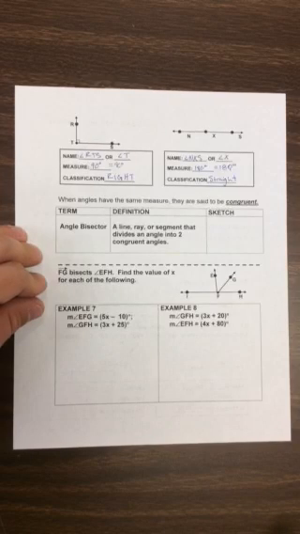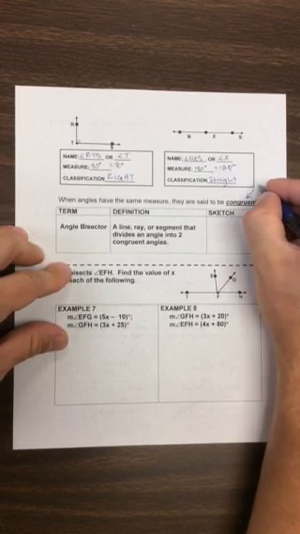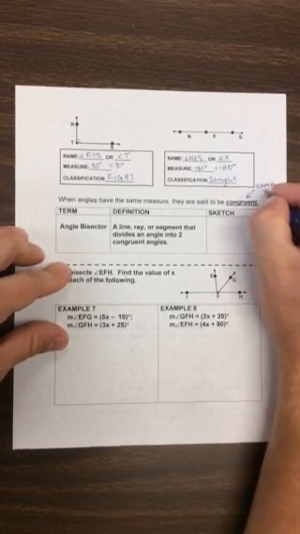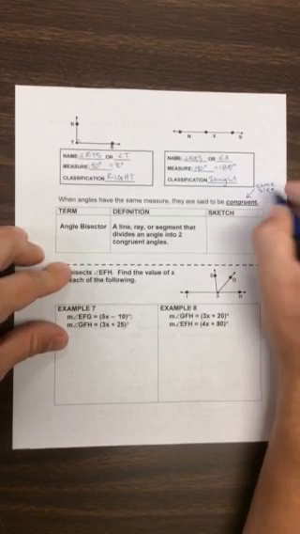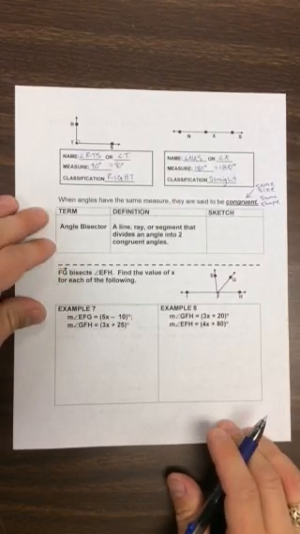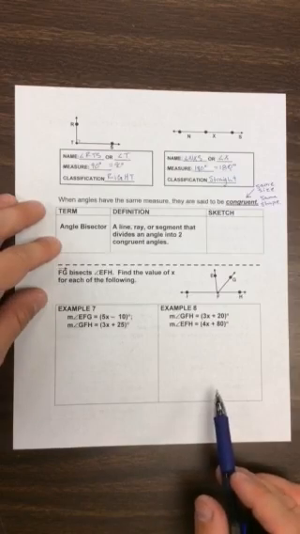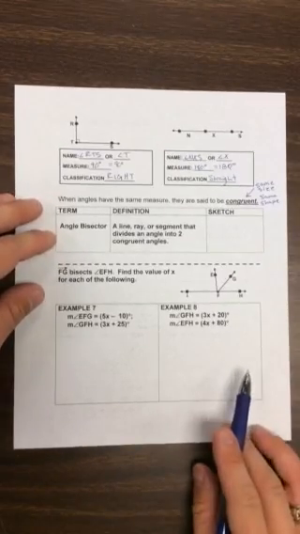When angles have the same measure, they are said to be congruent. Congruent is a word that has gotten people in the past. You need to make sure we know it means same size, same shape. Okay? So an angle bisector is a line or a ray or a segment that divides an angle into two congruent